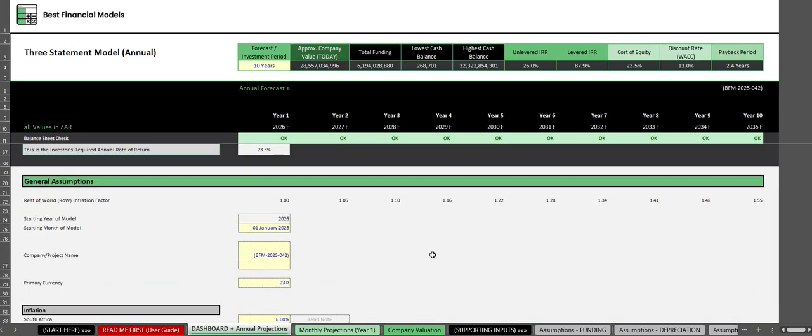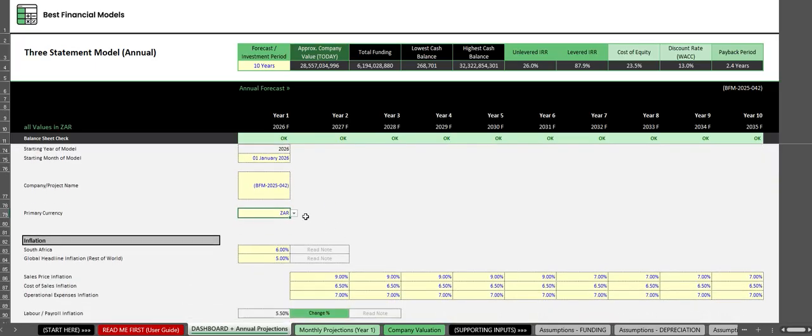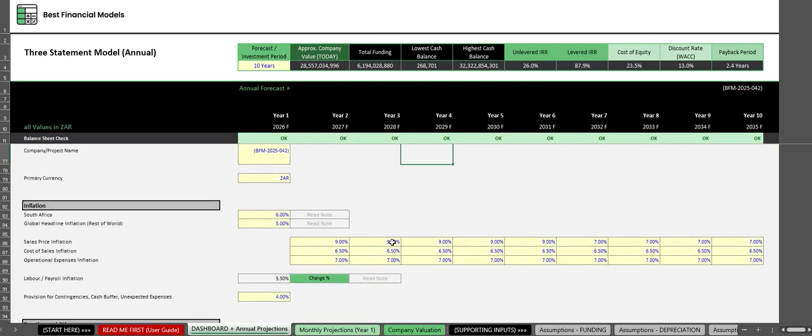So the dashboard starts with general assumptions, aspects like the starting year of the model and the currency that you want to use. In this instance, the mock scenario that we've included here is based on South African rands, but you can change it to anything you want, British pounds, US dollars. You'll also find, as a value-added service, that once you purchase the model, the template that you'll receive includes a mock scenario so that you can see the functionality for yourself, and it makes it easier just to follow the logic behind the model. But you can very easily override any of those inputs for your specific project or specific